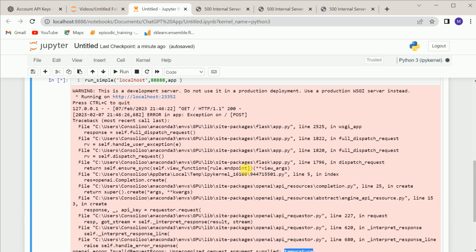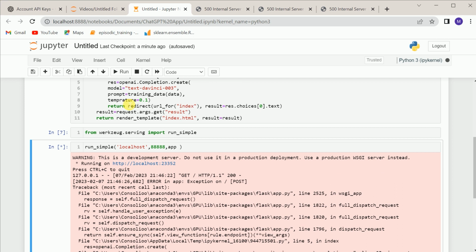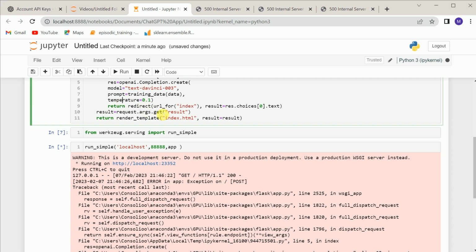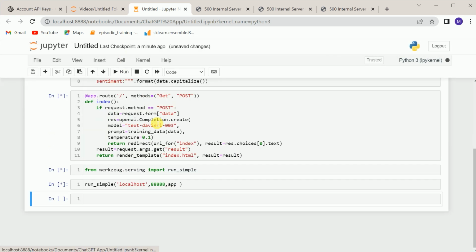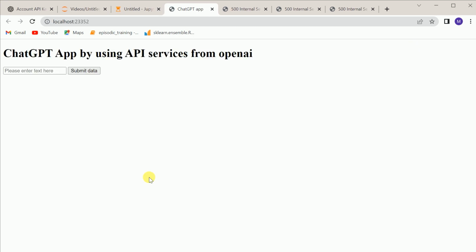So this should be the correct names of the arguments. We are using openai and we need to put correct spellings of the arguments. So let me restart it again one more time, and I'm going to run all. I'm doing good, submit it,